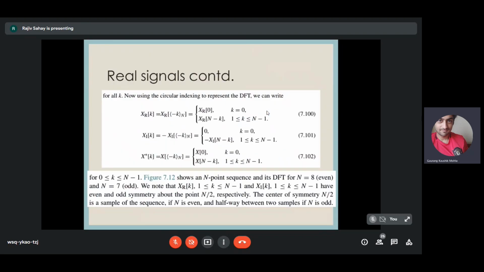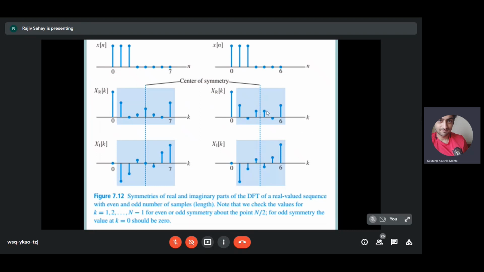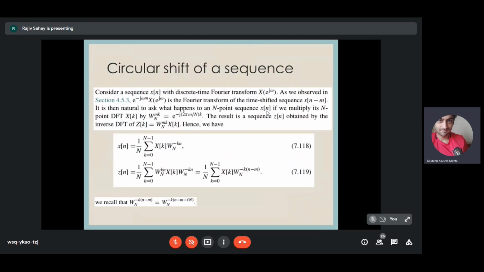So this shows you all the relationships of the conjugate symmetry property of DFT for real signals. This is what I wanted to discuss with you for circular symmetry, and real signals play a very important role. So we have to satisfy the property of conjugate symmetry for real signals. Now, let me come to an important idea which will lead to what is called circular convolution. We had seen circular folding. Now we go one step ahead and do circular shift of a sequence.